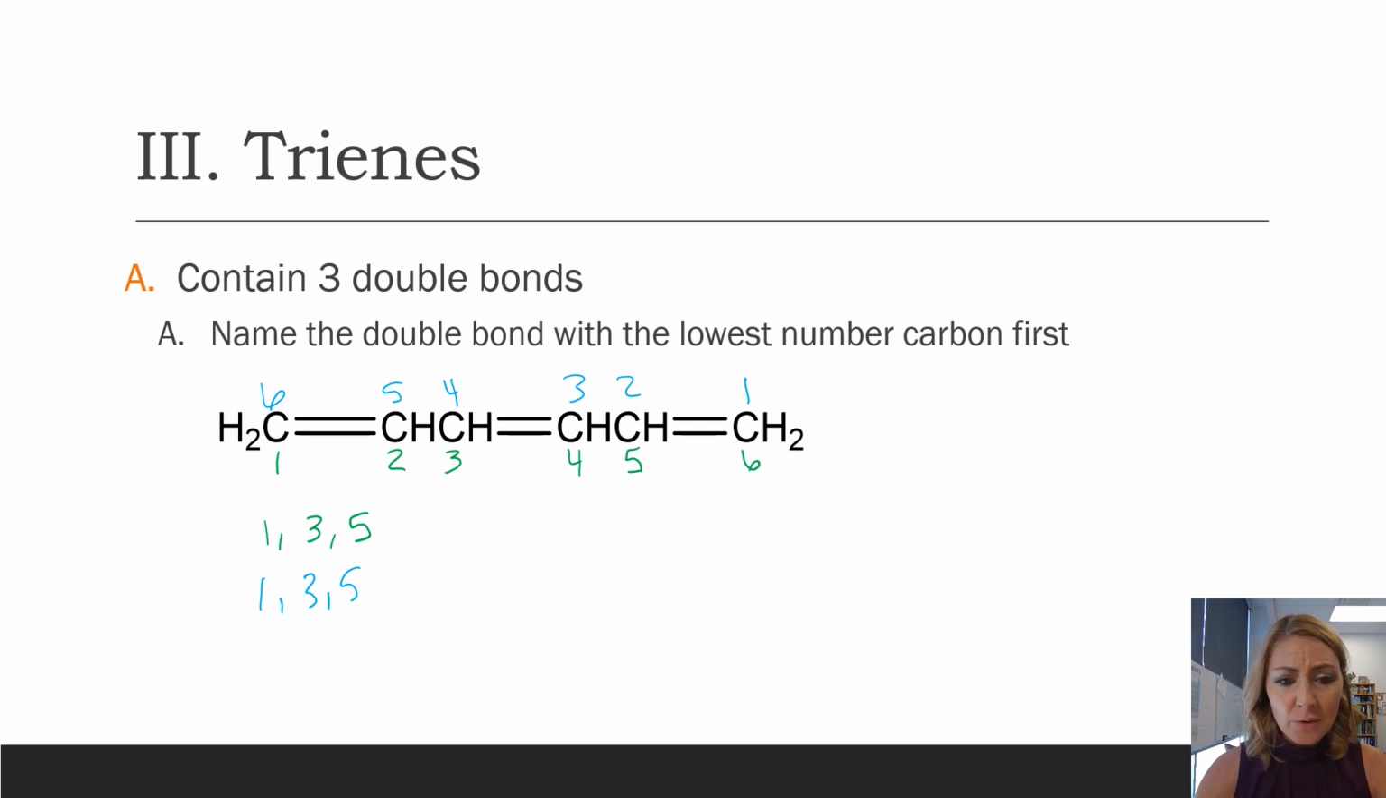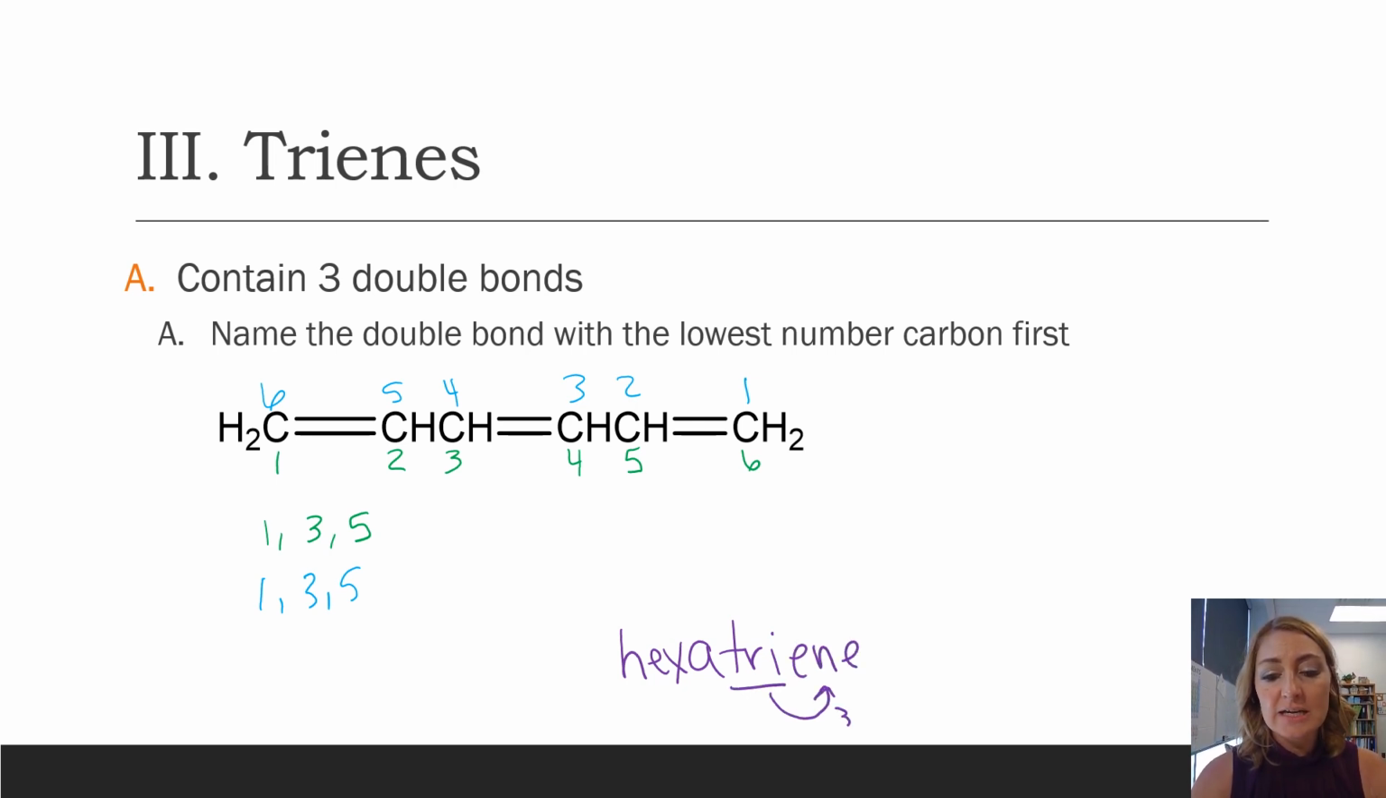Always count. Okay, so let's go ahead and start with the parent name. There are 6 carbons in this. So we are going to use hexa to tell us that the parent chain is 6 carbons. And just like in the last example, we said butadiene, saying 2 double bonds. This time we're going to use tri. So this is hexatriene, and that tells us there are 3 double bonds in the structure. Because there's more than one double bond, and because this is a longer chain, we do have to identify what carbon these double bonds start on. Well, I've already counted it all out. So this is 1, 3, 5